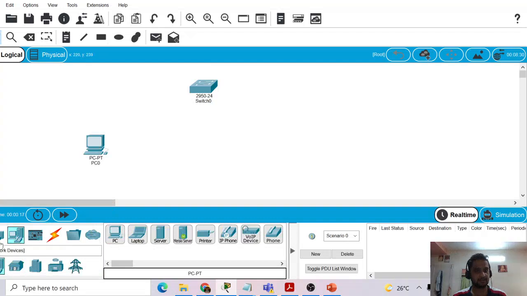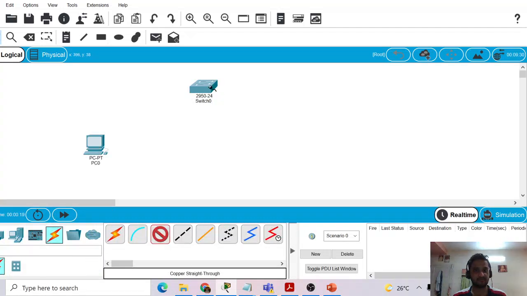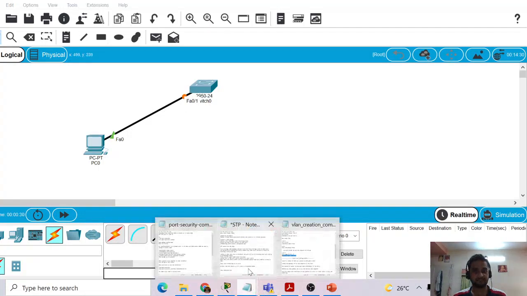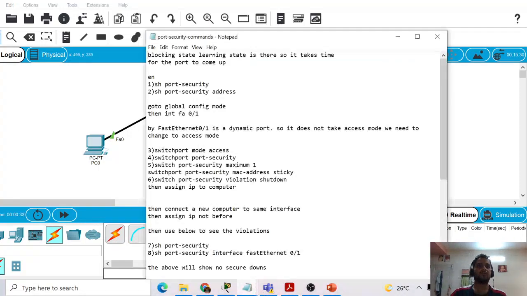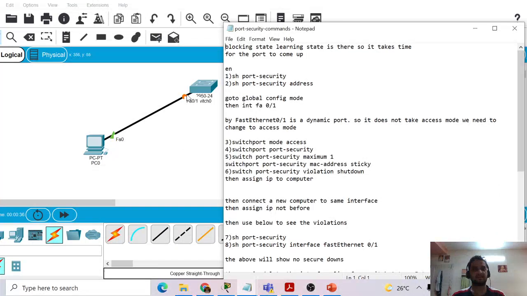Let me connect it with a wire, FastEthernet 0/1 interface of the switch to the PC's interface. Sometimes the CAM table needs time to build, so it will take some time here. The port goes through the blocking and learning states, so it is in learning state for the port to come up.